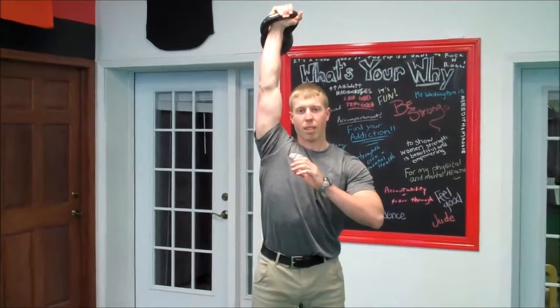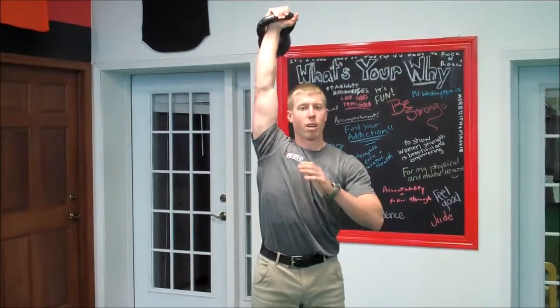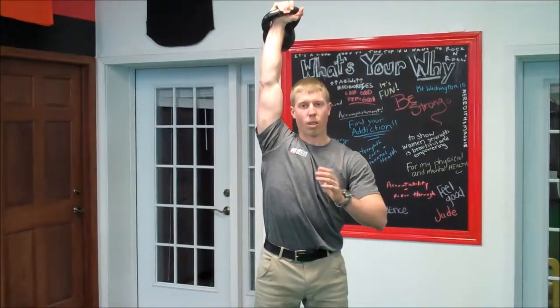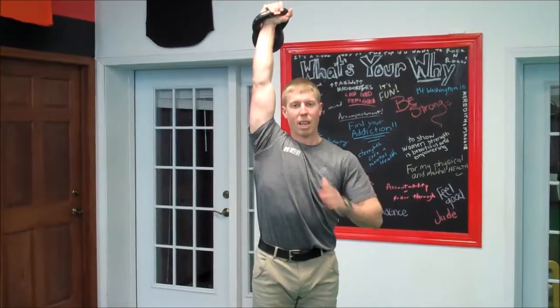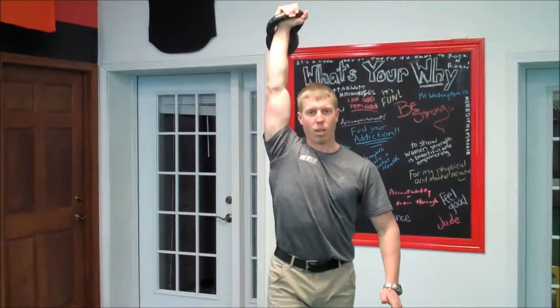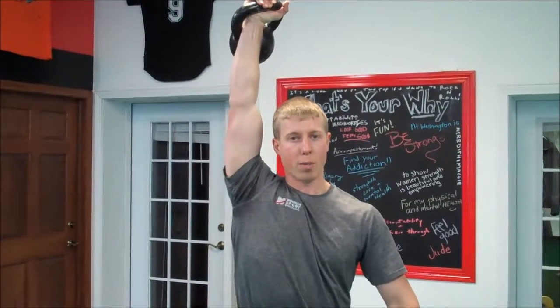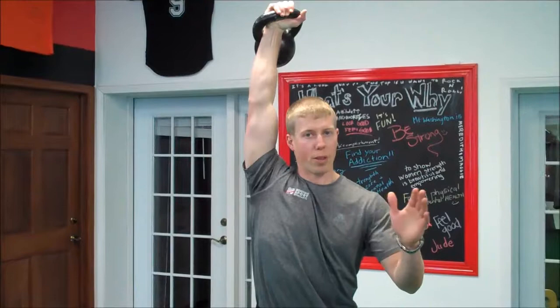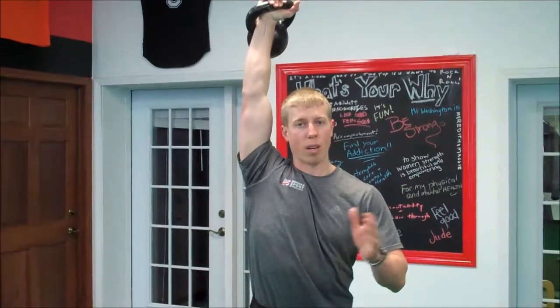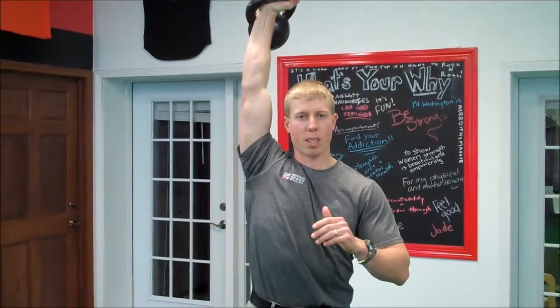If you are unable to get into this position, the overhead carry may not be for you. If it causes pain, again, may not be for you. Go back to the rack carry or the suitcase carry. And as I said before, you'll get to this position, keep that elbow locked, and go into your forward walk. Again, for time or distance, whatever feels most comfortable for you as far as your surroundings. Time would be about that 30-second mark. Distance, 25 to 50 yards is a good range per side, just like the rack and suitcase carry, to promote